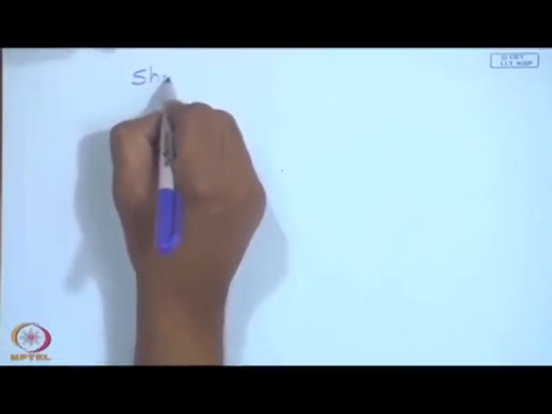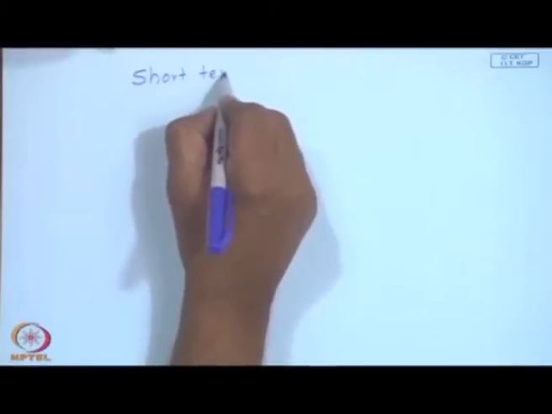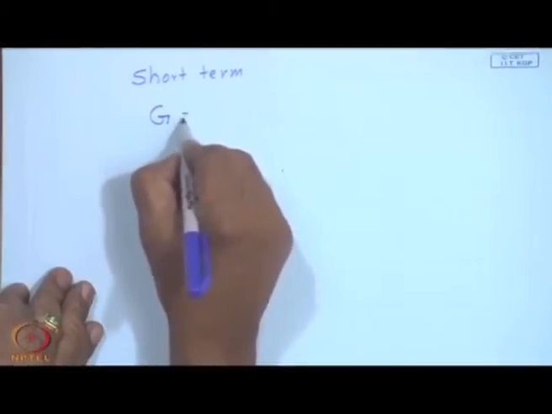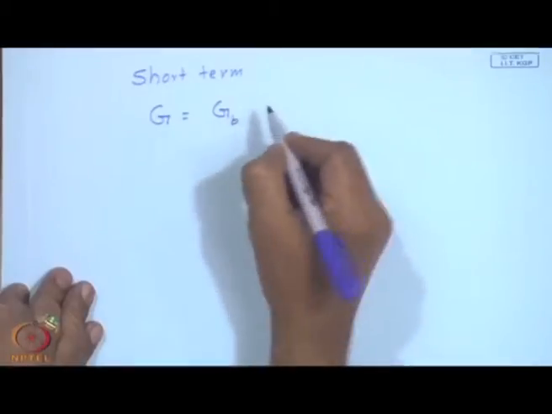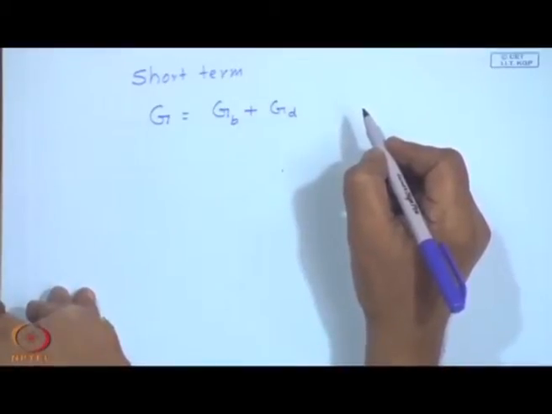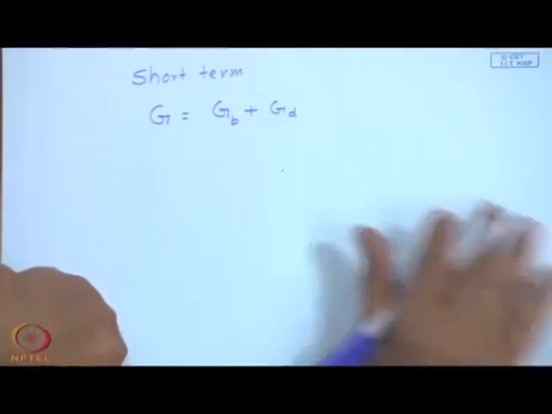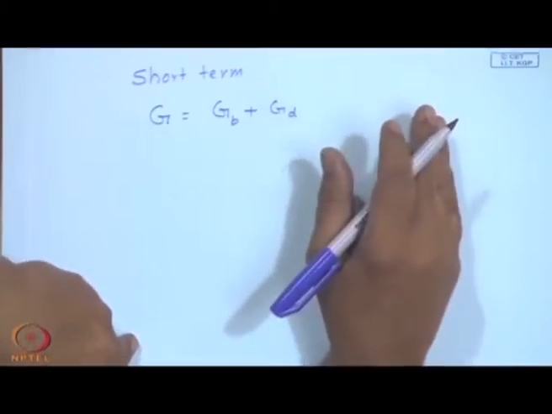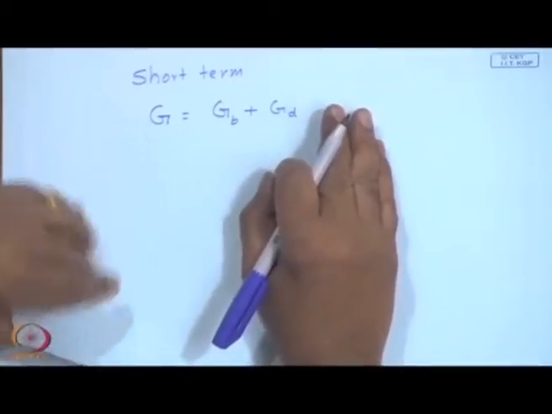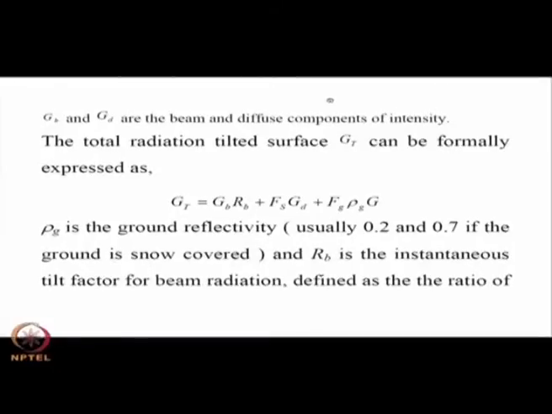So, first, since I called it shorter, I will talk about the intensity G, which will consist of G B the direct part plus G D the diffuse part. Okay. Now, these may be divided by 3600 of the solar radiation for the hourly value, or let us assume that we know the intensity. First, if I know how to do it for an instant, then we will be able to find out for this.